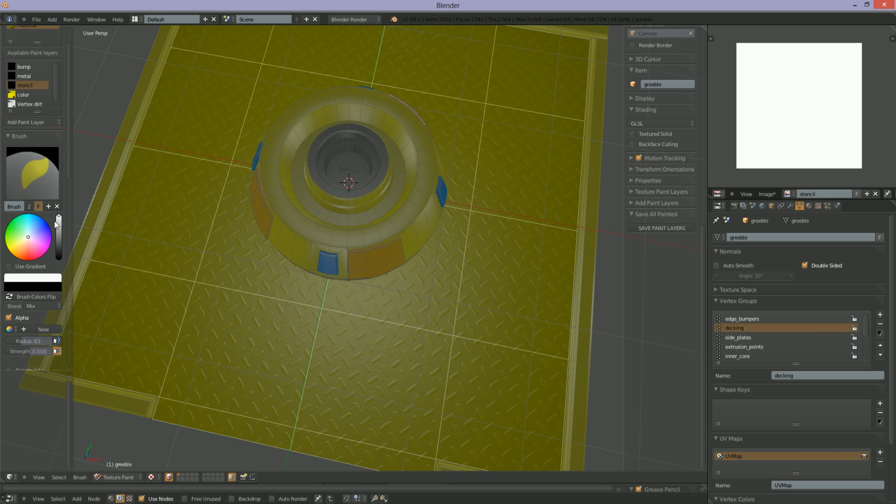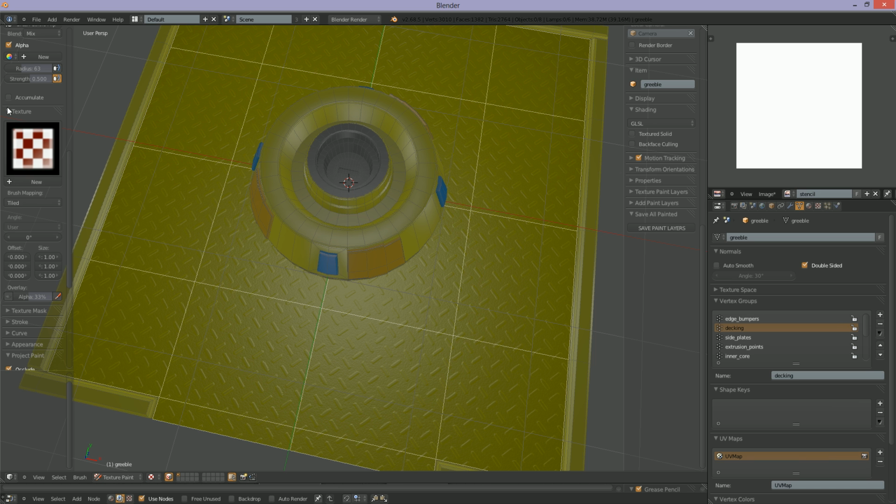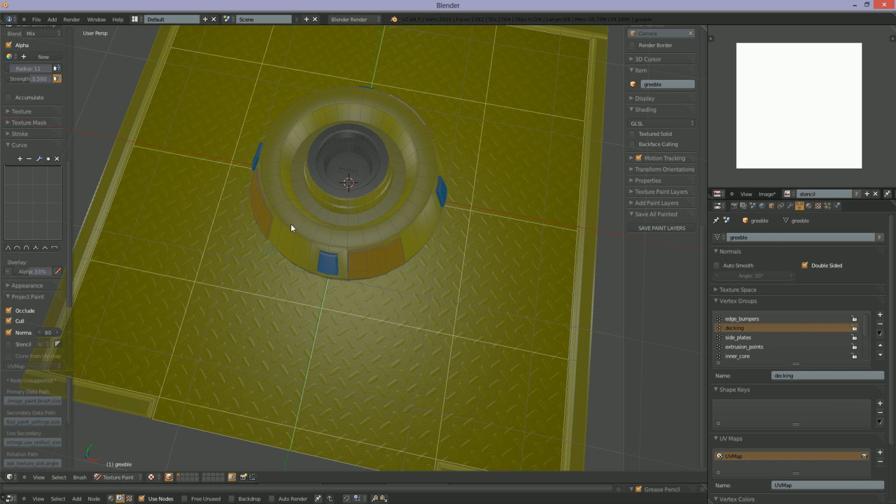And since the stencil's white, I'm going to use black, and on the curve I'm going to use a very sharp curve that's just flat so that I've got full power when I'm painting, because I want you to see what happens with the reaction. And I'm going to pretend like I've got an area over here,